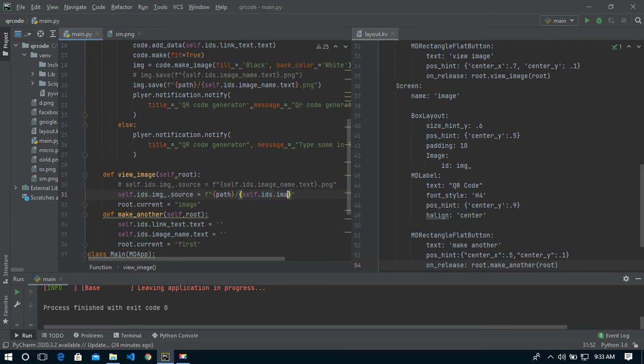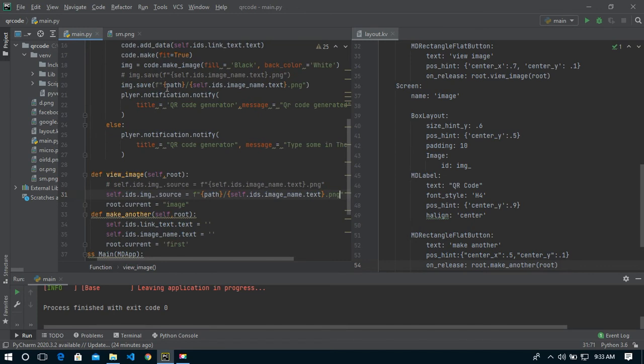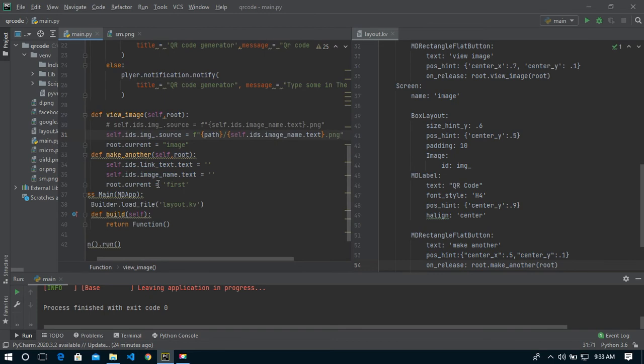Sorry guys, my bad, image_name.text. Now the extension we saved our image with is png, so let's call our png extension. Now everything is okay. We just accessed the storage directory and so on, but we didn't request any